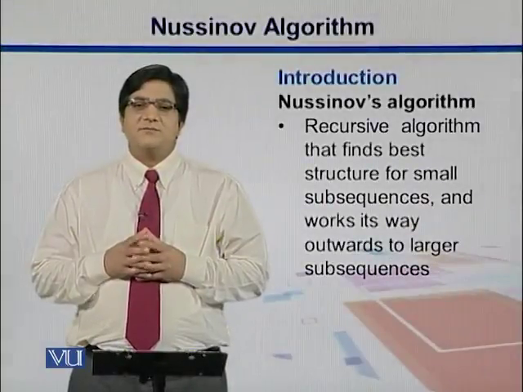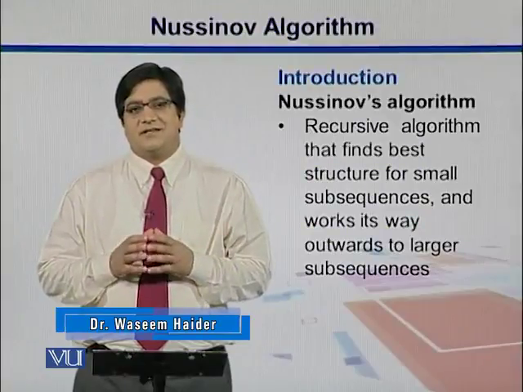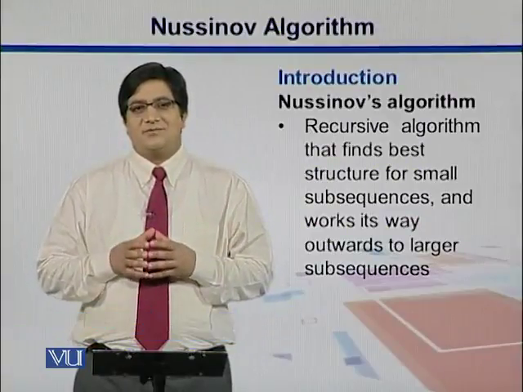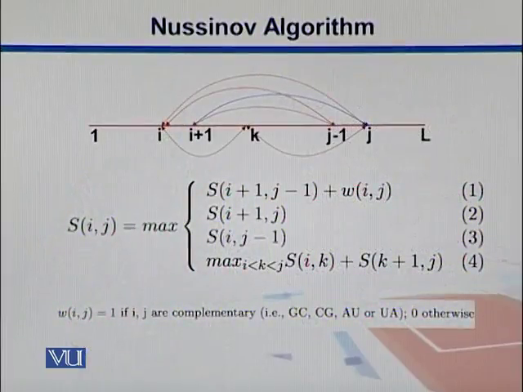The Nussinov algorithm is a base pair maximization algorithm which starts with small subsequences and then extends in order to capture the larger sequences. Here is the algorithm. We see that there are 4 different scenarios or cases. You can have a matched pair which is being added into an already matched pair i plus 1 and j